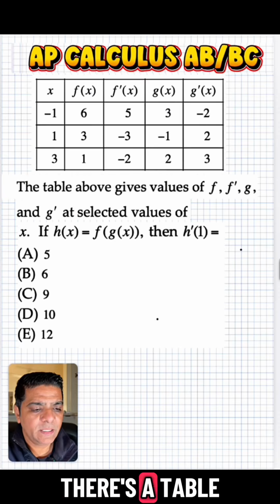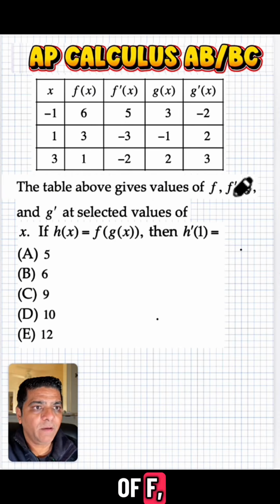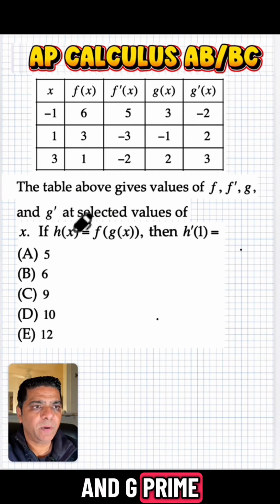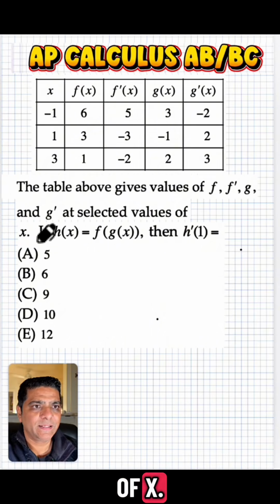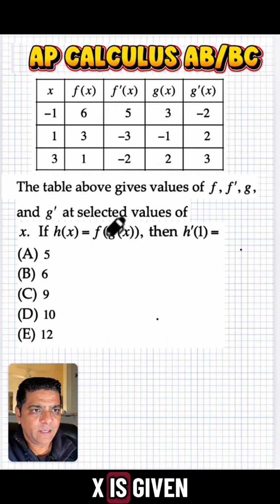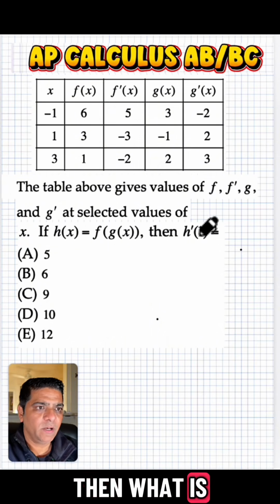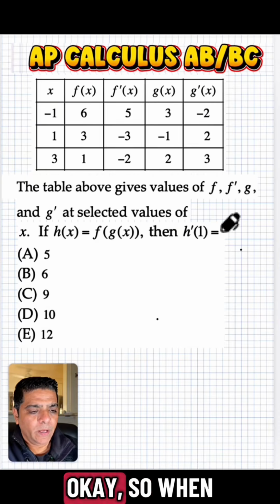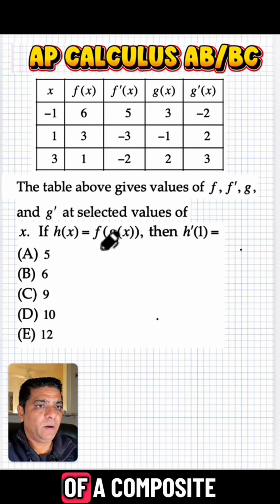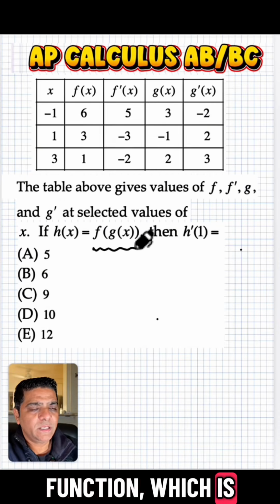So what we have here is a table that's given values of f, f prime, g, and g prime at selected values of x. If h of x is given to be f of g of x, then what is h prime of 1? Okay, so when we see this kind of a composite function, which is a nested function within a function,